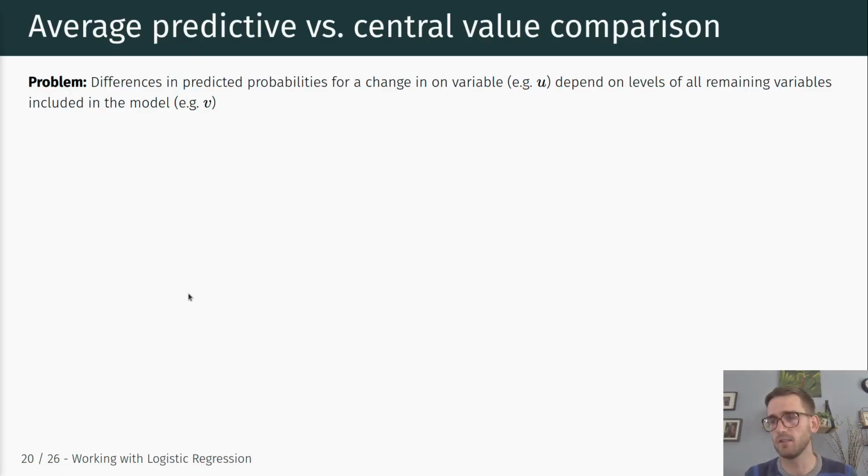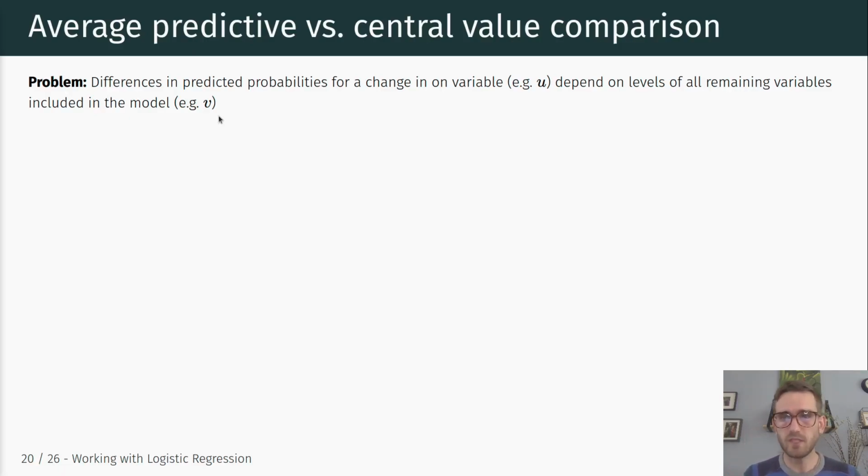In this example, let's call them v. So the difference in predicted probability that is associated with a 1 unit change in a predictor of interest now fundamentally depends on the values of all the other predictors that are included in our model. And that, of course, raises the question: we have to keep those constant, but how should we keep them constant? At what value should we keep them constant in order to actually provide meaningful comparisons to evaluate the effect sizes based on our model?